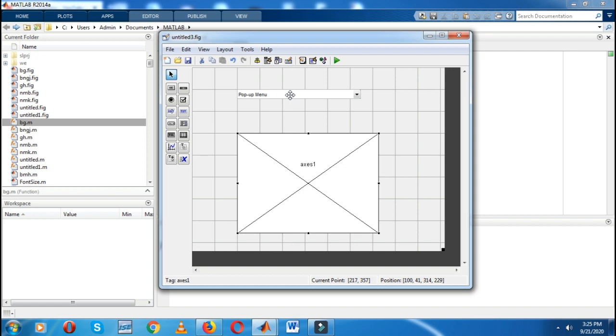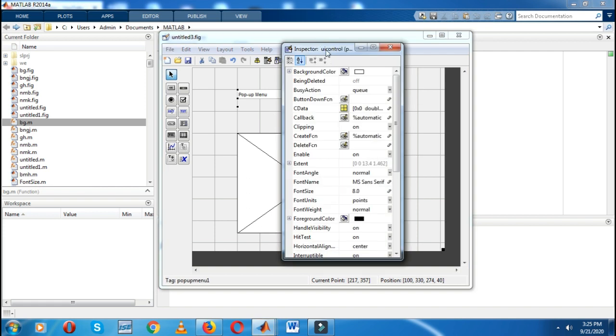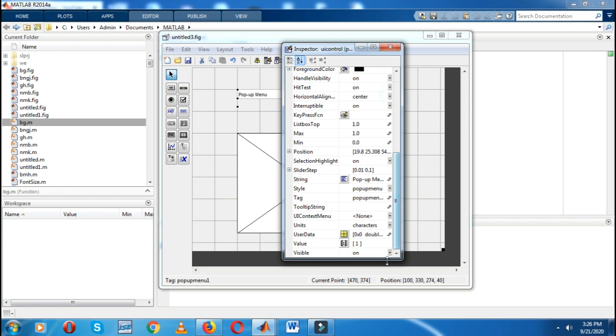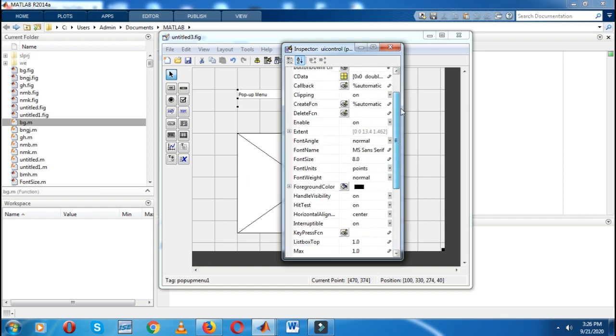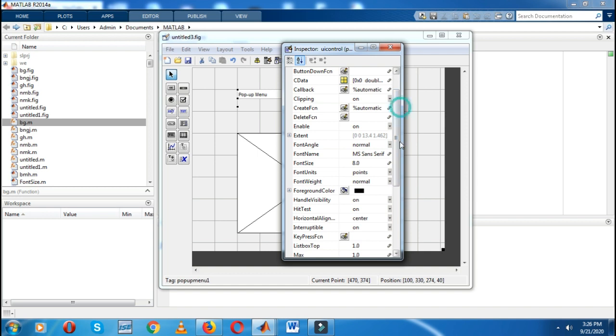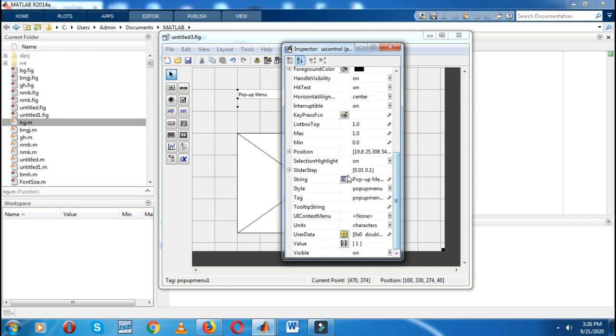First you have to change some parameter in the pop-up menu. Just double click on that. This is the inspector UI control. In that you have to change one thing, that is the string.